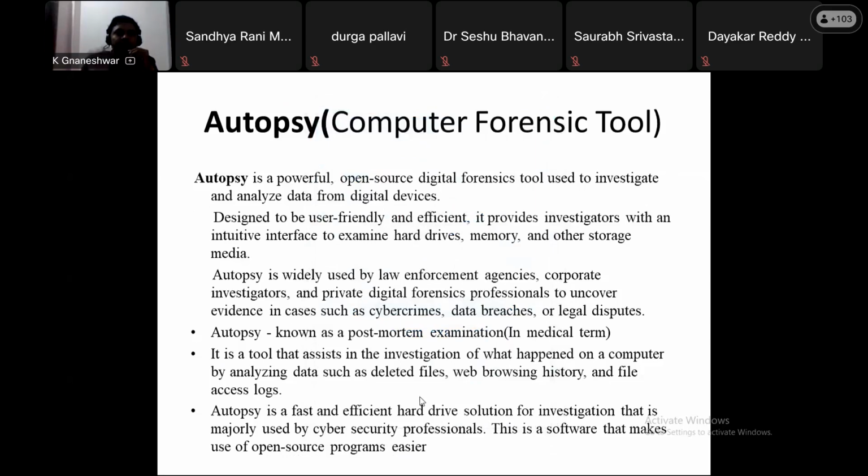Next point. It is a tool that assists in the investigation of what happened on a computer by analyzing data such as deleted files, web browsing history, and file access logs. With the help of this autopsy tool, we can find out deleted files. If any file is deleted, we can find it. And web browsing history.